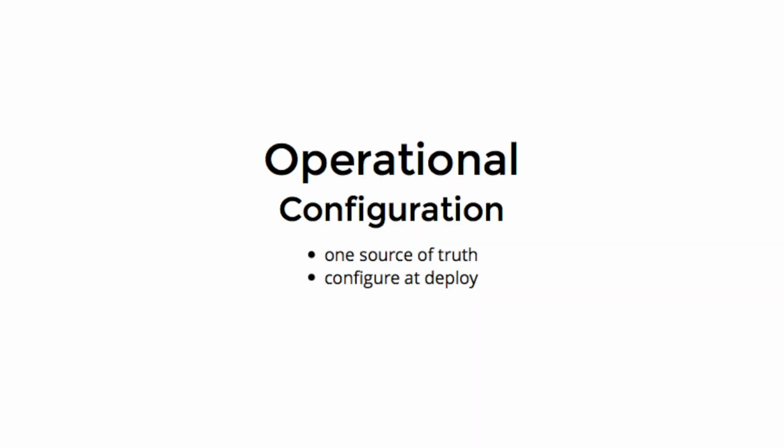Finally, there are the operational lessons we learned. Your configuration should have a central source of truth. We tried it every other way before we tried that way, and all of the other ones sucked. We use etcd to save our configuration data. etcd is itself a distributed system, so we cram all of our distributed information to this other distributed system and hope that those programmers were better at distributed systems than we were. And your services should pick up that configuration at deploy time, not at startup time, and definitely not at restart time. Your service should only change its configuration when you were explicitly expecting it to.